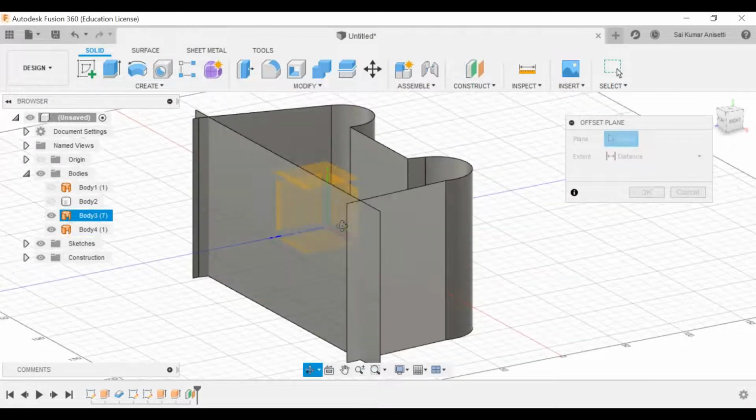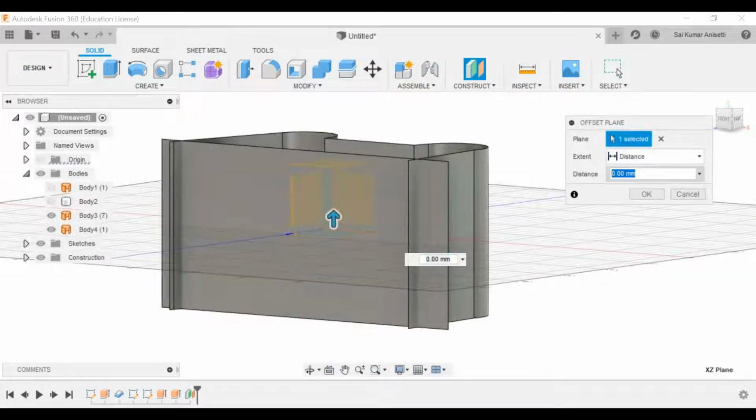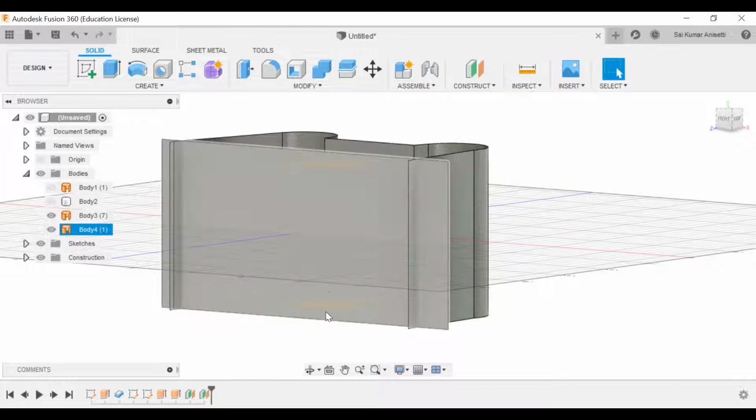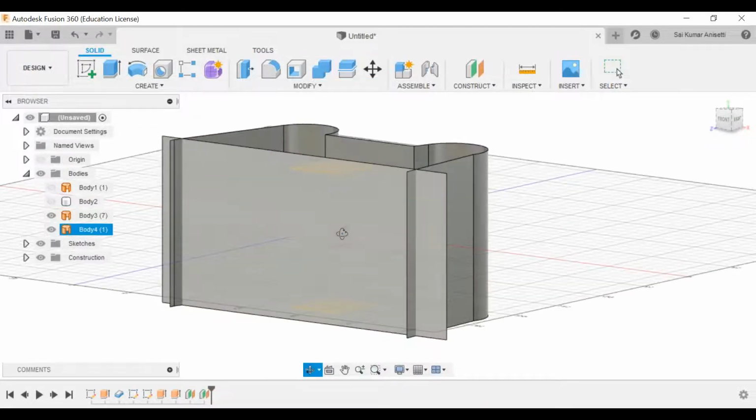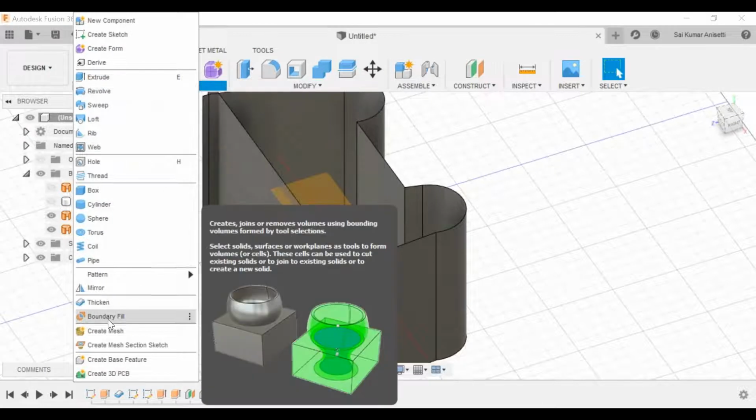Reference, I'll be taking the same center plane itself. Now I'll create another plane which is 50 mm in the opposite direction. One plane above, one plane below, and one plane at the center. Go to create, boundary fill.